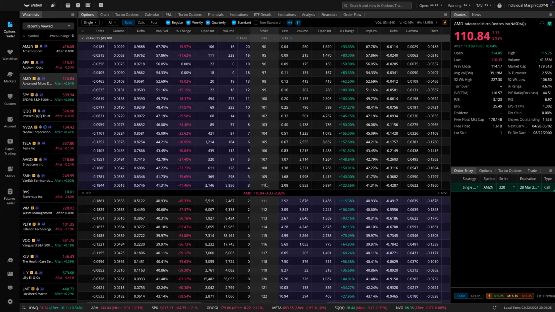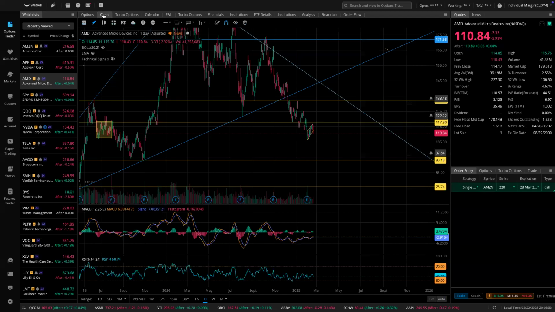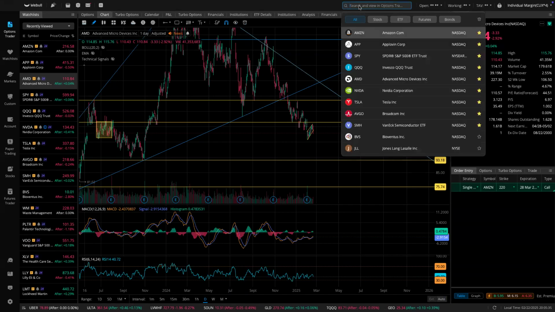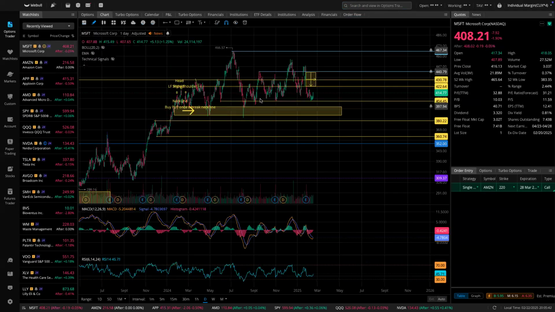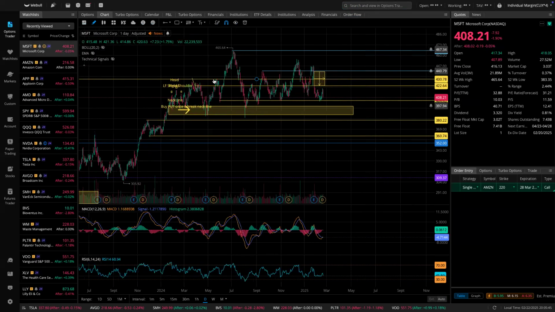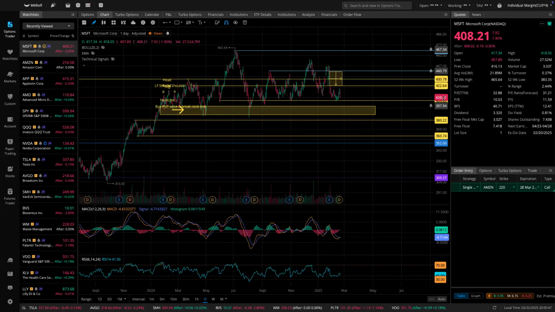So if it doesn't move $1, this is when we go back to when it trades sideways. Let me show you one company that does this a lot. It trades sideways many times. Microsoft, MS. See this right here? This is another problem with long term. This is what can happen if you're long term.